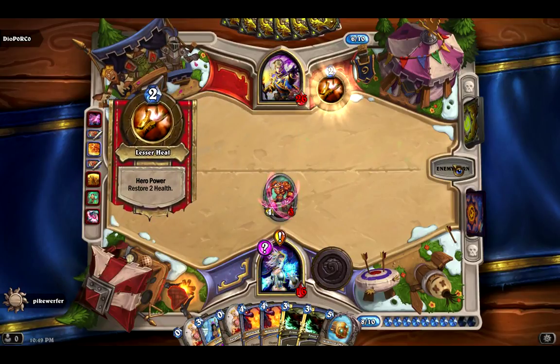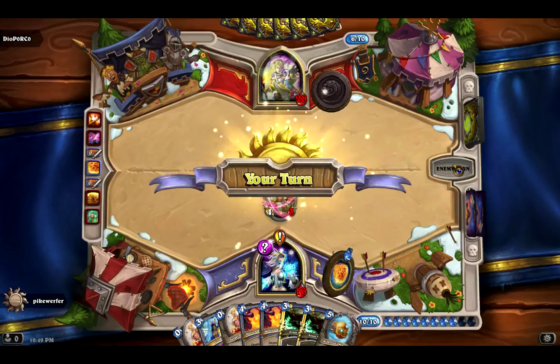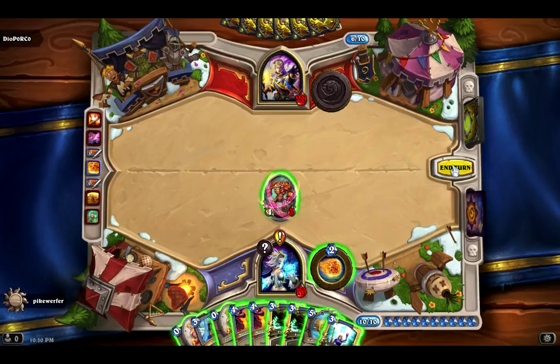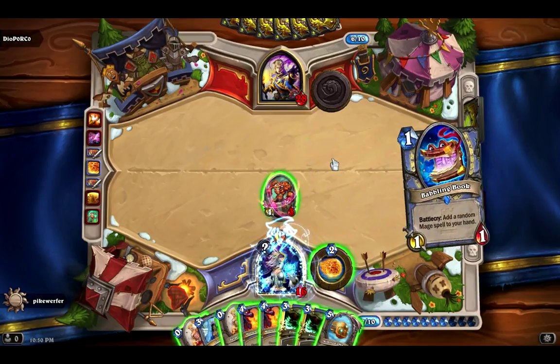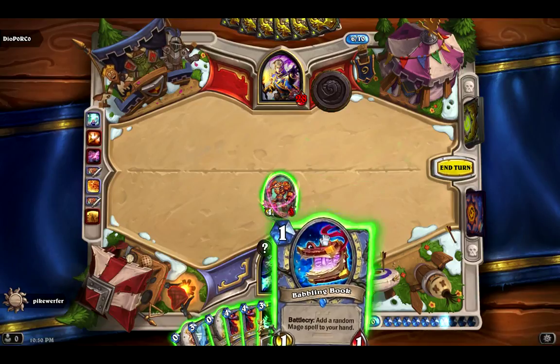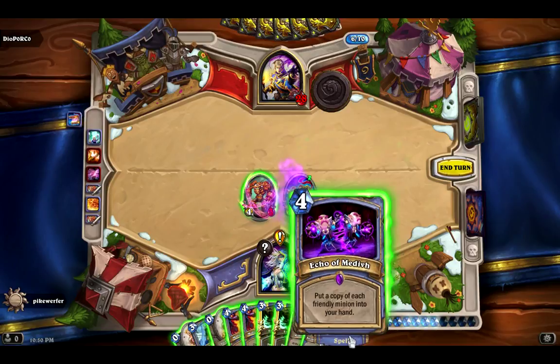Okay, that's his second Mind Blast. So, if he was planning on Malagos, then that didn't work. So, let's... 2, 3, 4, 5, 6, 7, 8, 9. If I do this, I'm at 10. Yes, and there it is. You want to cast a spell? I want to cast a spell. Oh yes, I want to...